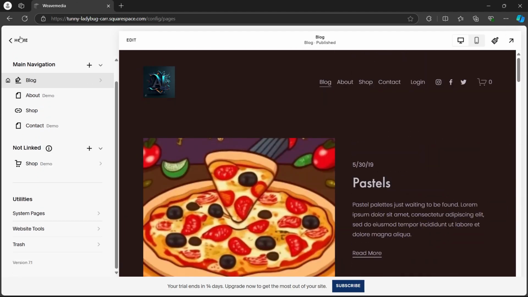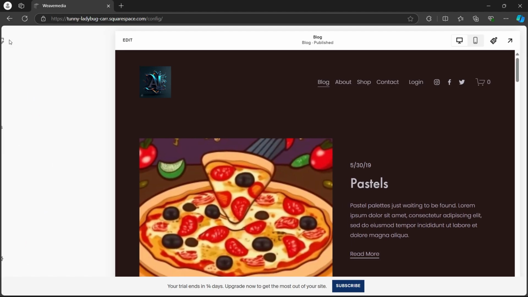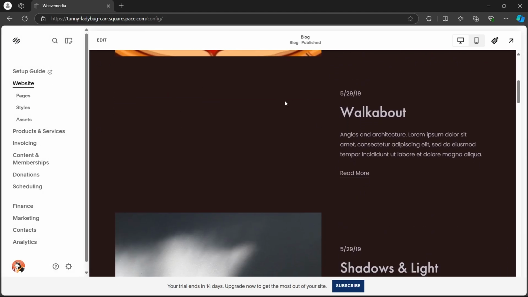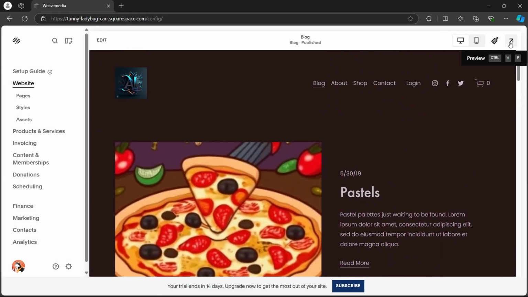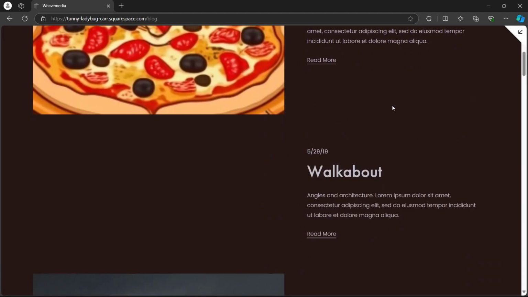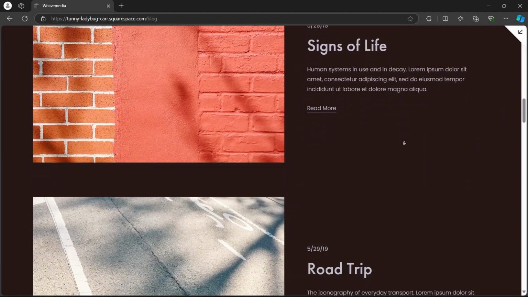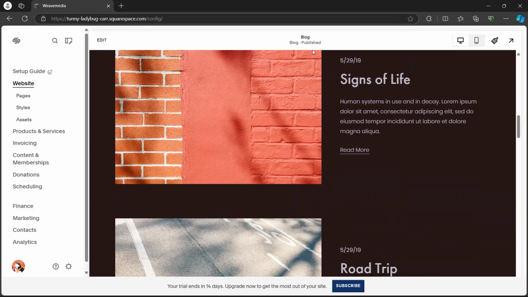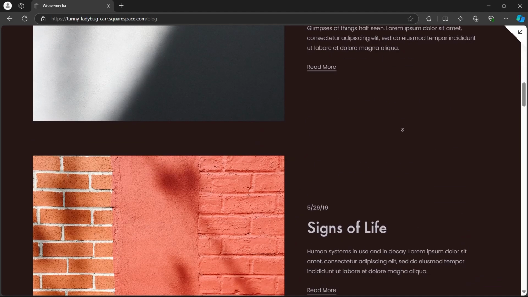Now, I will have to just click on back button at the home and I have my website successfully available. I will have to now click on preview button and I'll be able to see how my website is looking like here. As you can see, this photography website is already published. So that's how you make a photography website with a